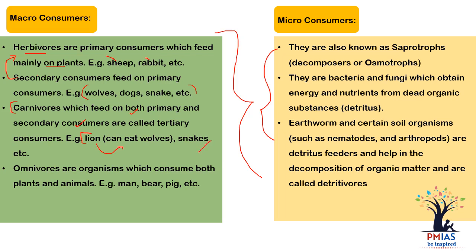Omnivores are at the topmost level of the hierarchy; they can consume both plants and animals. For example, man can consume almost everything, as can bear and pig. So these are all the macro consumers: herbivores, carnivores, omnivores. Then what about the micro consumers? The micro consumers are the decomposers, or osmotrophs, or